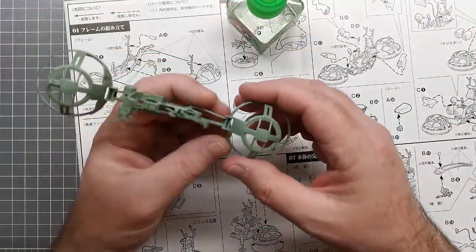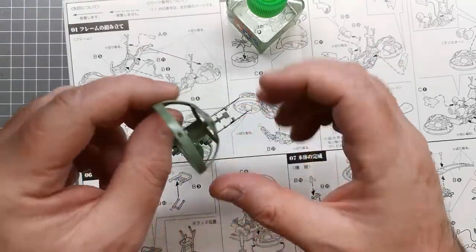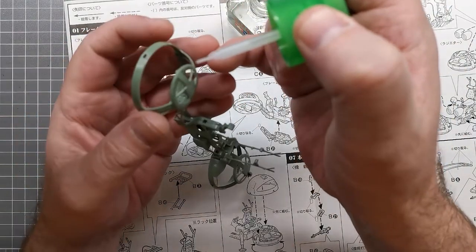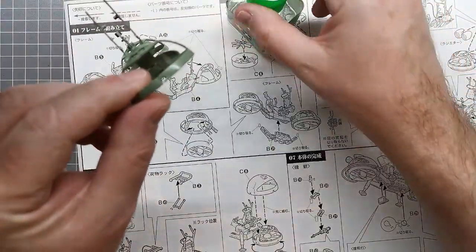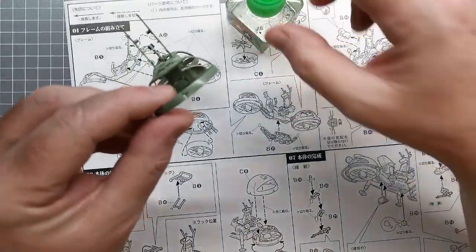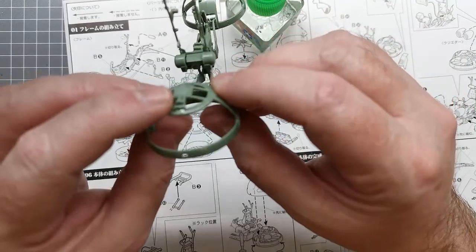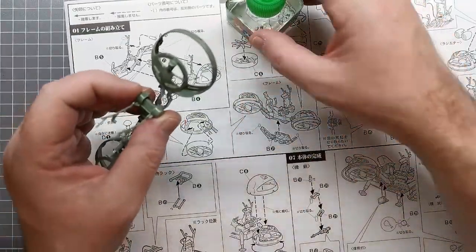This really isn't going to need much glue at all, so let's see what happens. I might just try and glue this bit first. I might just do one. I should do the back one, because if I stuff that up, that's not the end of the world. So I'm going to get a little bit of glue in here. Marry that up. So I just want to see if